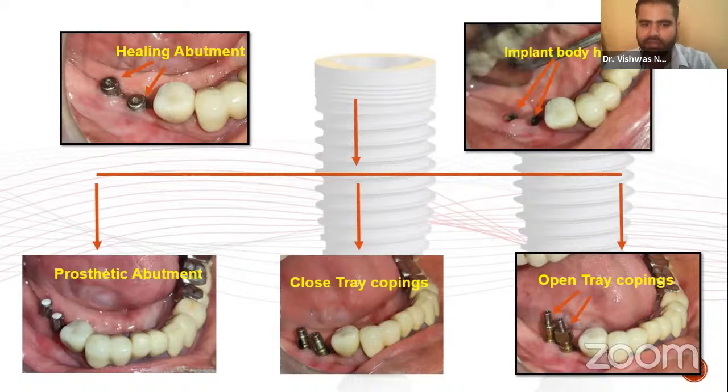After that, we can use any of these three pathways. The first would be directly seating a prosthetic abutment and taking an abutment level impression. This is the most preferred method by clinicians who are, you can say, non-prosthodontists, because this is the easiest to apply. It basically works in the conventional FPD manner. Or we can simply apply a closed tray or an open tray and take the following impression.